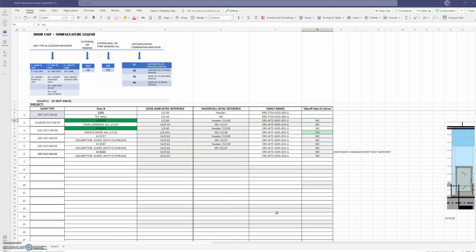First, I'd like to show you how the old table looked using UCSF Block 34 as an example. As you can see, we have the door unit nomenclature above to help us identify the different types of doors on the job. We have different columns below for different pieces of important information that's needed to set up these doors,